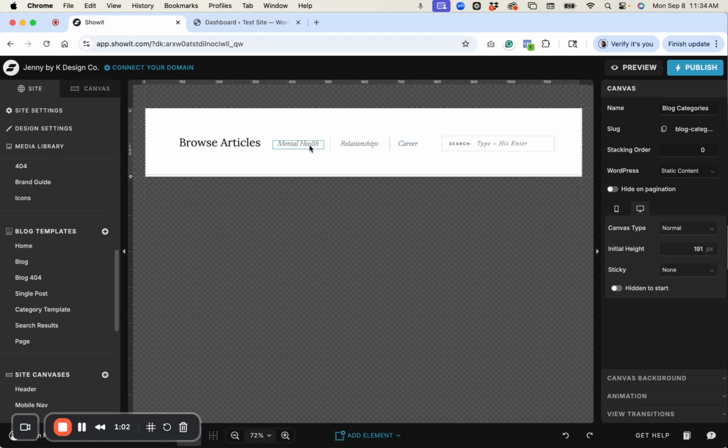So what we're going to do is we're going to put links to each of these text boxes so that when somebody clicks on them, they're able to view a page that has only articles of that kind or categorized with that tag. So how we're going to do this is we have a few different steps. So one, we're going to make sure that we have a category template set up for our